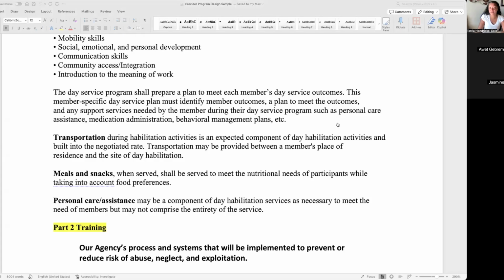Regional center is the one that gives you clients and gives you the money, the reimbursement. There are two things. I used to get confused about those things. I used to think they were the same thing, but they're different. So regional center is who you need to submit your program design to. What we're going over, you need to submit that to regional center before you can start submitting your application.